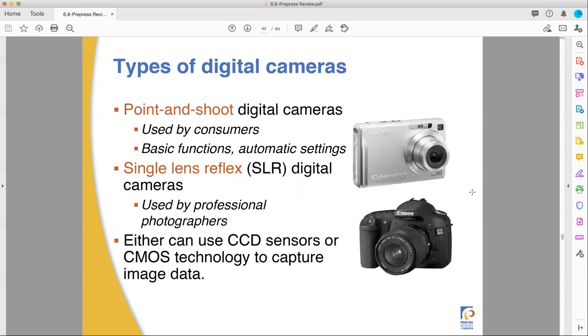Digital cameras. There's a third category not on here, which is that cell phone you bought that said it has a good camera on the packaging to help you buy your cell phone. Point and shoot and cell phones are kind of in the same category. They're consumer level. They have automatic settings and basic functions, and their purpose is to let you take pretty pictures of your vacation that you can then share to Faceagram and Instabook and MySpace. Tom's still my friend. Anyways,